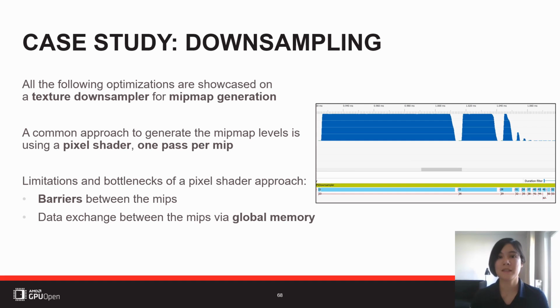So that means we have very few working threads. Most of the GPU is just waiting for these few threads to finish the work. So we have really low occupancy, and this is not efficient at all. And you see it in this RGP capture that the occupancy of the lower MIPs is really, really low, and the GPU is basically just idle, waiting for these few threads to finish. And the question is, can we do better?